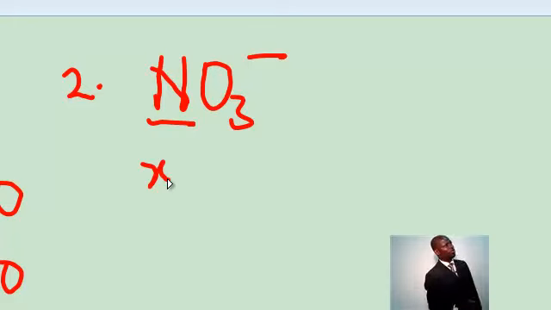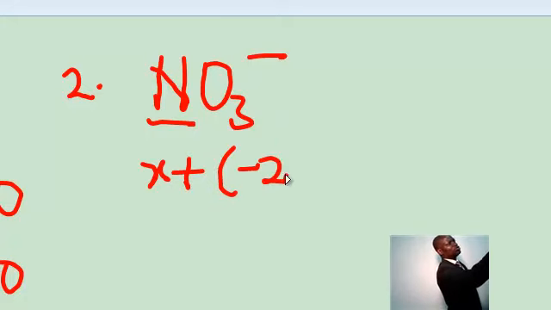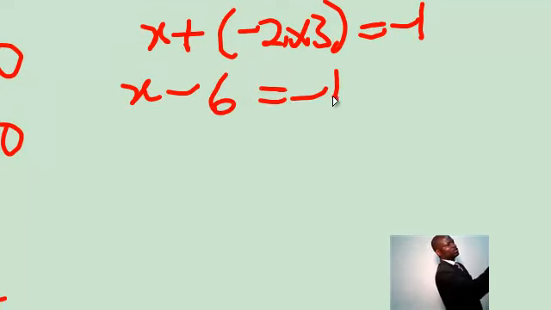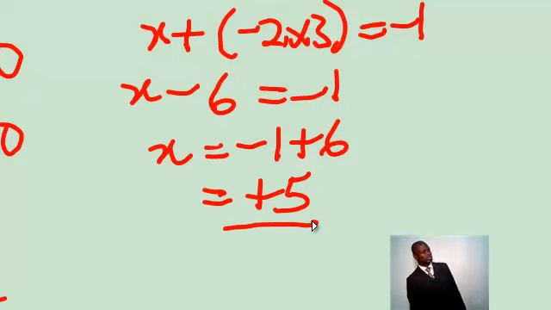Oxygen, the combining power of oxygen in compounds except in peroxide is -2, like we did earlier. -2 times 3 equals -1. x minus 6 equals -1. x equals -1 plus 6. x now becomes +5. So here, the oxidation number of nitrogen is +5. The oxidation number is very important because it tells us the combining power of elements in compounds. So let's go back to